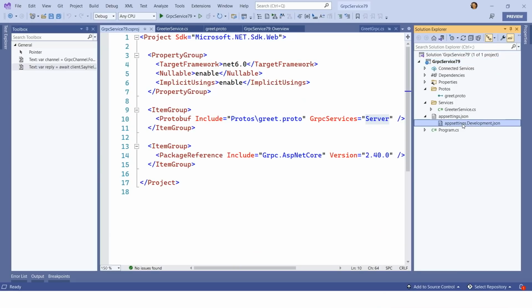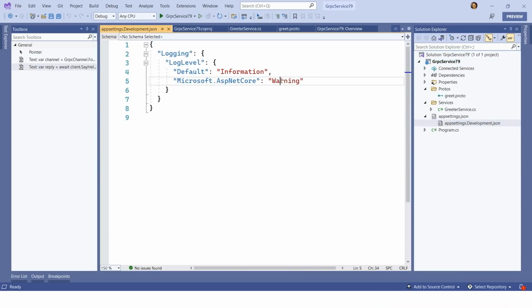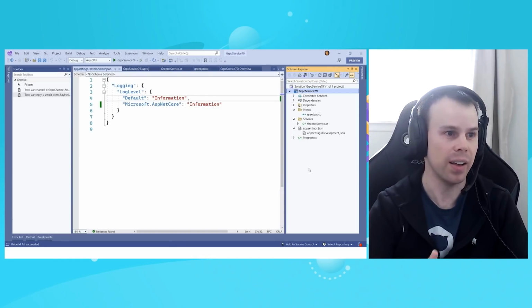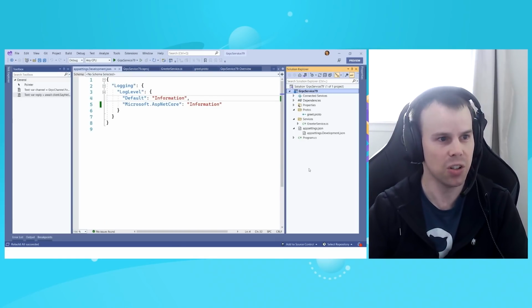So let me make one modification. I'll just make it so we log a bit more so we can see what's going on during our demo. And I'll compile this, just double check everything's working so far. Great. So now we need to call our service. Now, gRPC, it's not like REST where we can just open up a browser and browse to a URL with a GET action and get some JSON back. You either need tooling, which knows about that proto file, or you create an app,